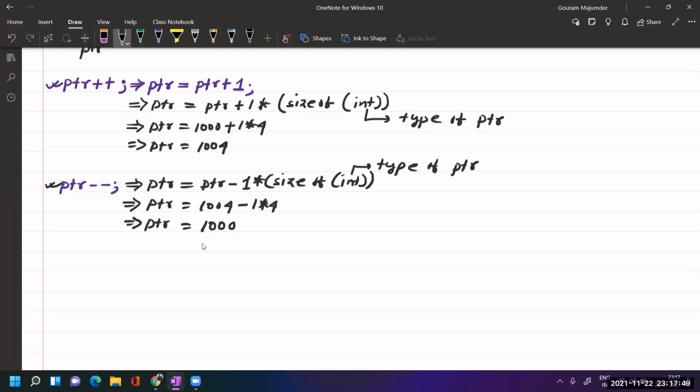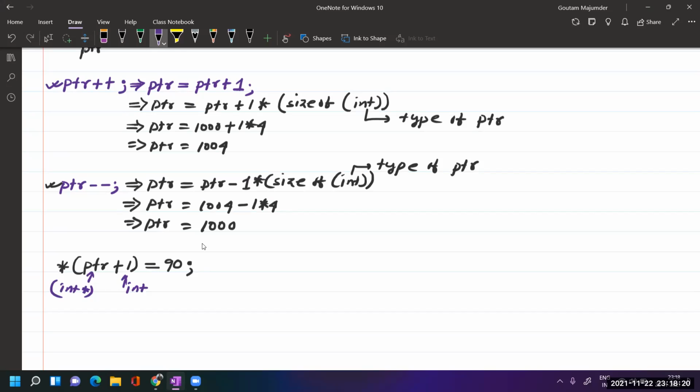Now see what I am writing. Now I am writing value at ptr plus 1 equal to 90. Value at ptr plus 1 equal to 90. Okay, so now look at this carefully. What is 1? It is integer type, and ptr is an integer pointer type.